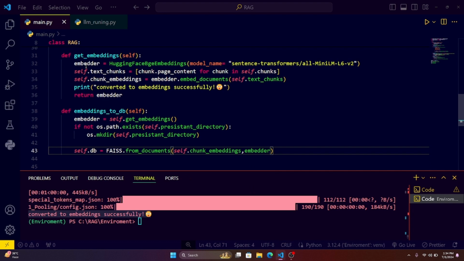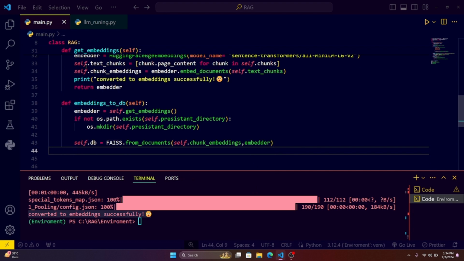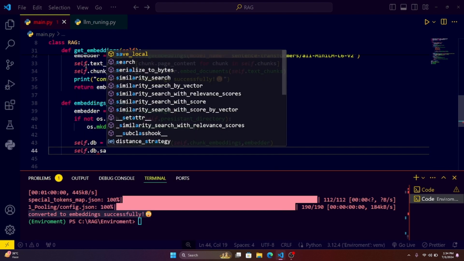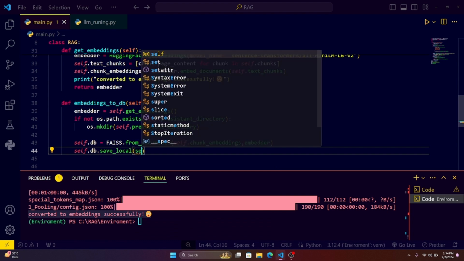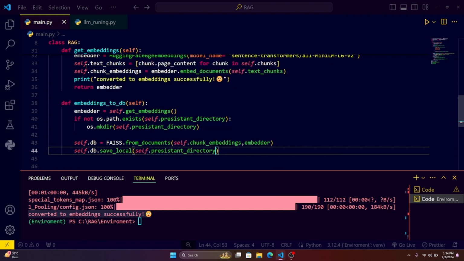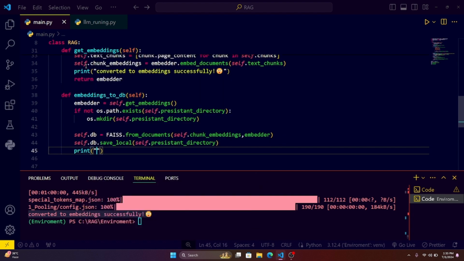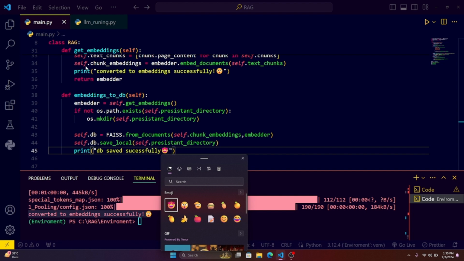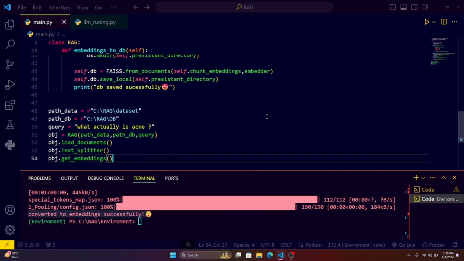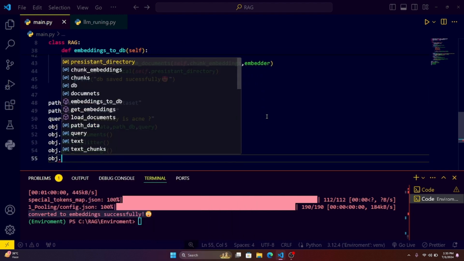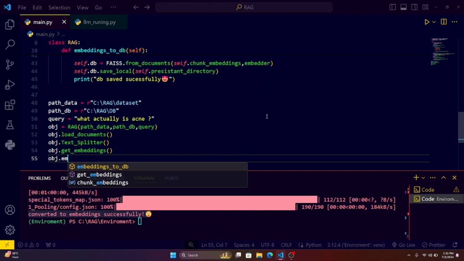Okay, next we don't want to store it again and again every time we run the program. We want to save it on our local computers. For this, type self.database.save_local and pass here self.persistent_directory, where you want to save your folder or files. Okay, next print "database saved successfully". Next, let's call this function here, object.embeddings_to_vector_database,